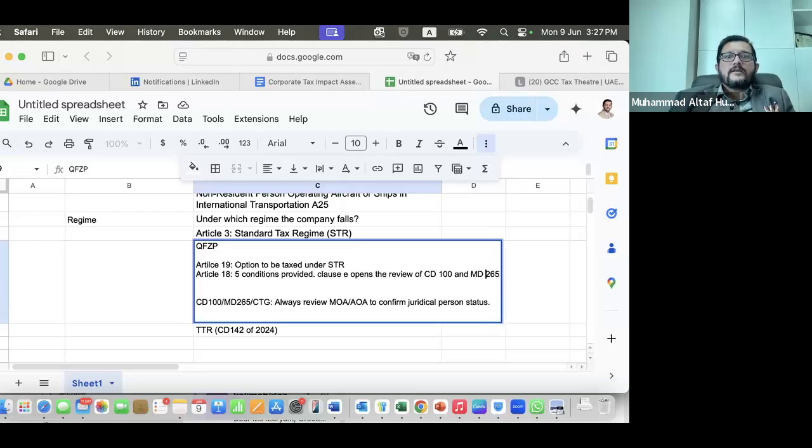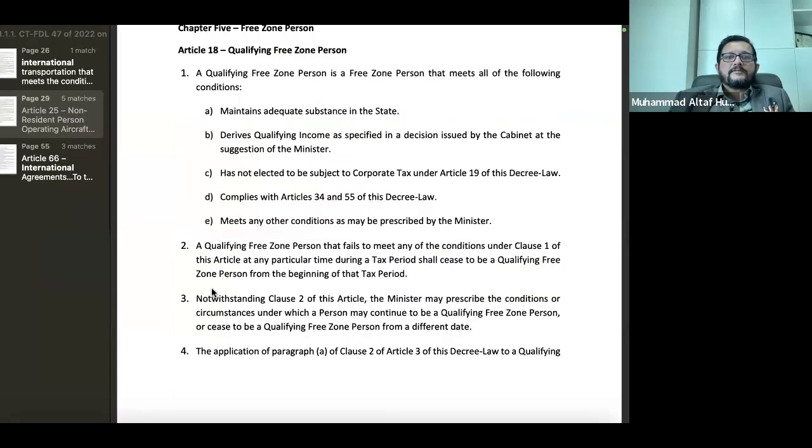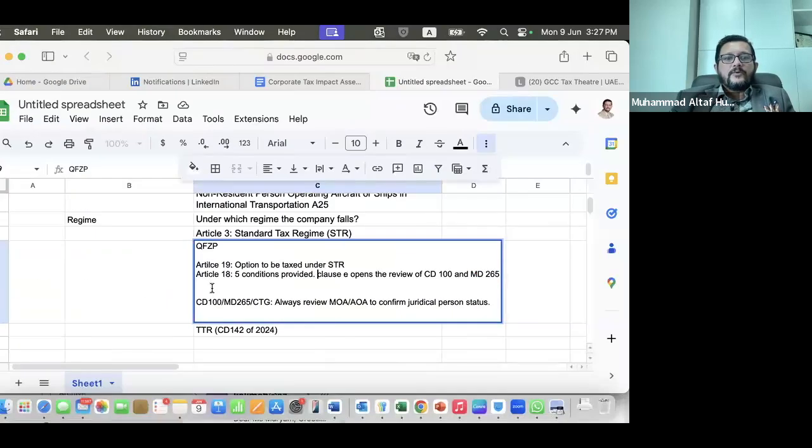Let's have a look at it. So basically, what we're saying is Article 18.1.E